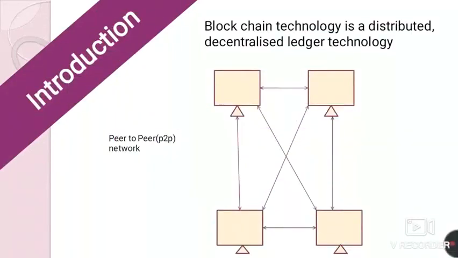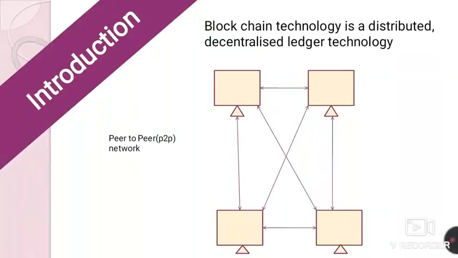Let us see what exactly blockchain technology is. It is a distributed decentralized ledger technology that allows data to be stored globally on many servers. See friends, here we don't have any centralized server which stores data and then sends it to other nodes of the network. We can distribute directly to every node which is connected on this network.